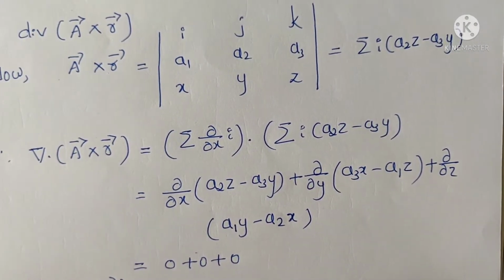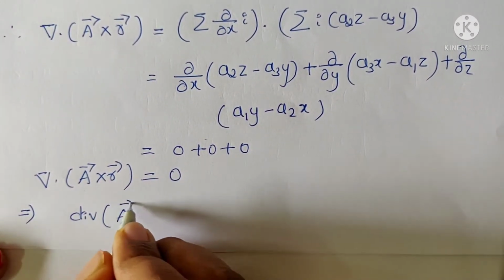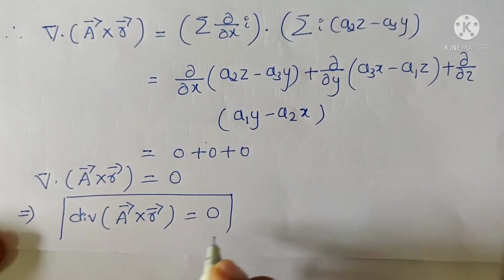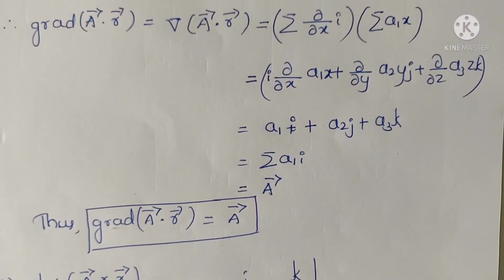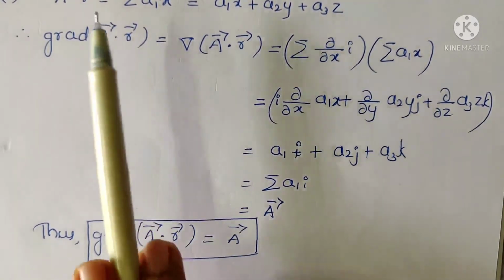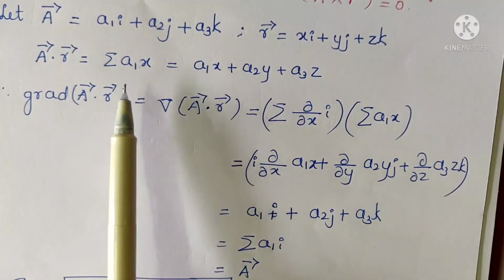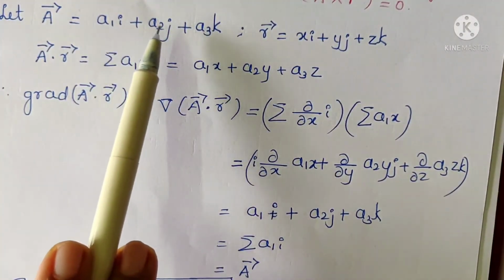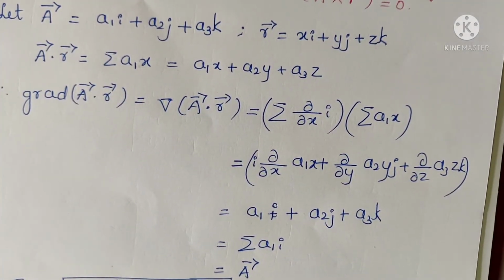This implies divergence of vector a cross vector r is equal to 0. So whenever you are asked to give with the constant vector and the function this position vector to find these, first we have to write down the constant vector and the position vector. You can write it with summation automatically because these are symmetric. a1 a2 a3, again it falls a1 a2 a3, a2 replaced by a3, a3 replaced by a1, like this. It's symmetric.